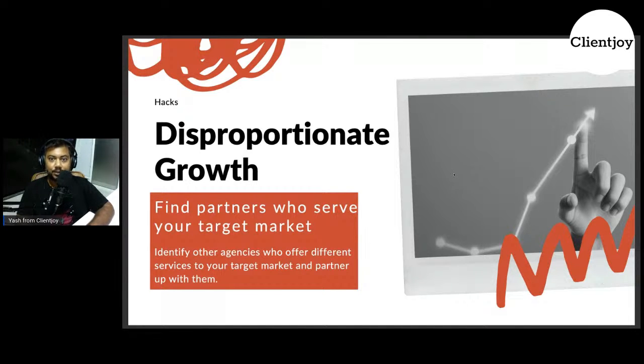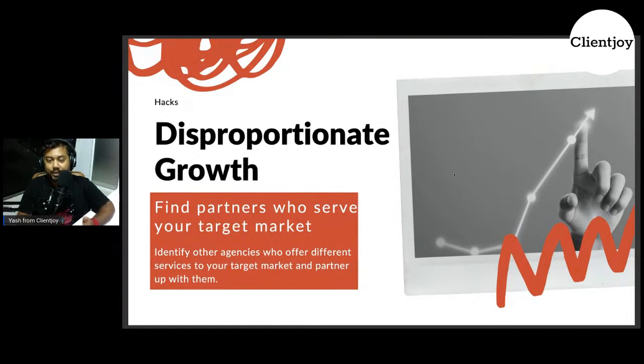So I'll give you an example. When we used to be an IT agency, we knew that if there is a customer who's coming to us for developing their iOS mobile app or Android mobile app or anything to that effect, I know for a fact that they are going to need digital marketing services. They are going to need a freelancer who can do an animated video for them. They're going to need a WordPress engineer to do a website for them, right?